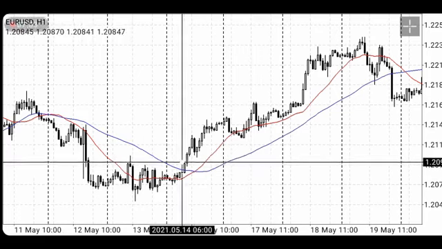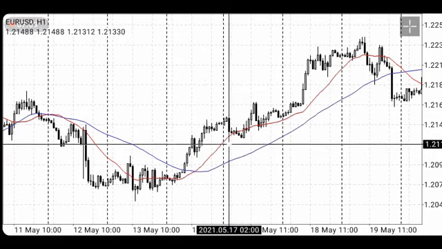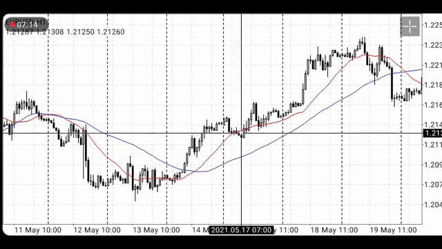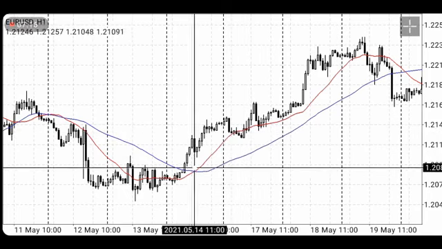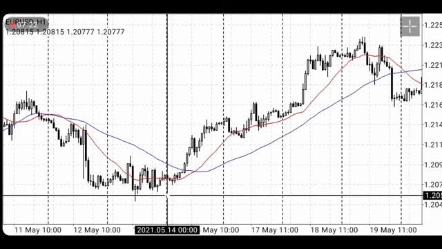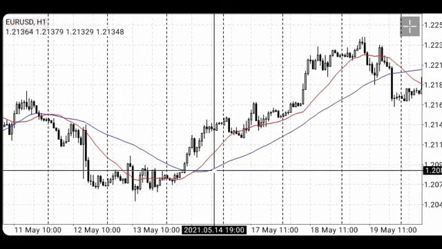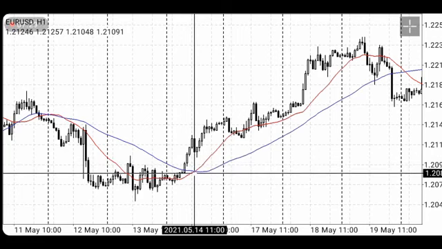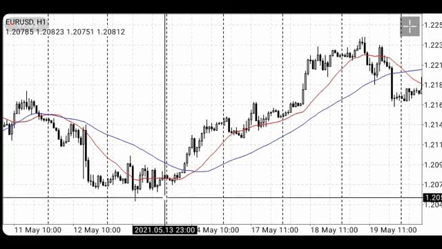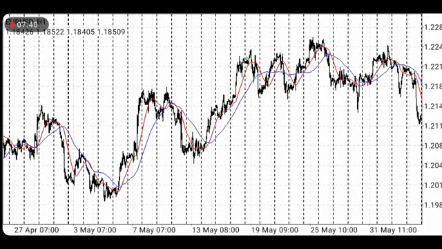You will see that the heavier one stays below, and the lighter one, that is the 20, is closer to the price also. So if your strategy is something related to this, maybe double bottom, you understand, then you're waiting for confluence. You can also say, okay, as the moving averages have crossed each other, it is also a good sign to buy. You can buy here and maybe put your stop loss just below here, and Bob is your uncle. So those are the 2 ways you can use moving average